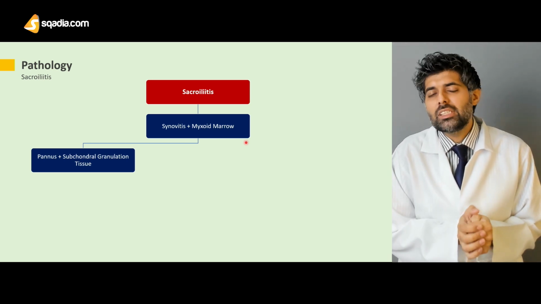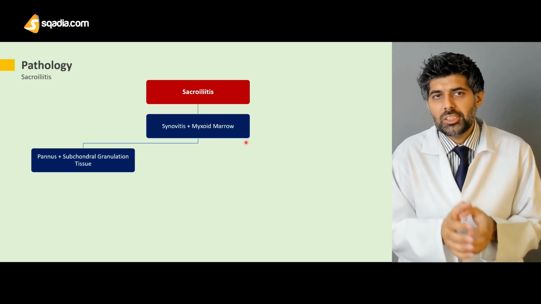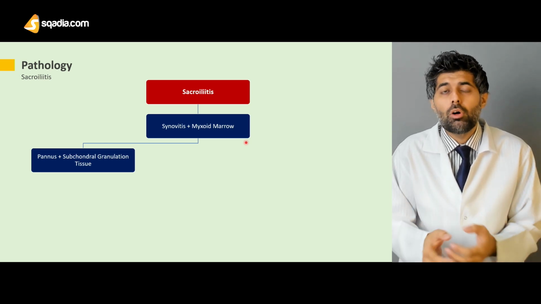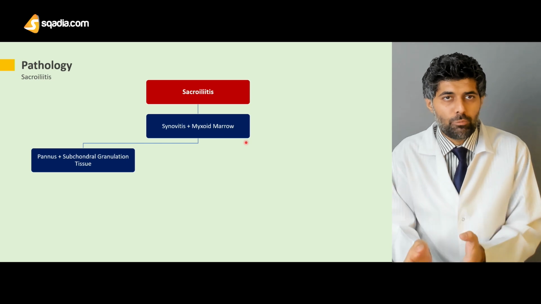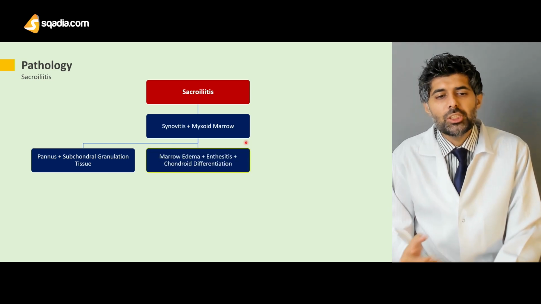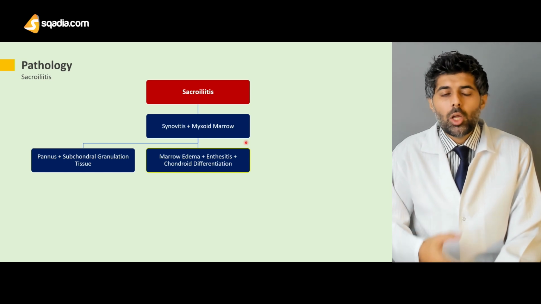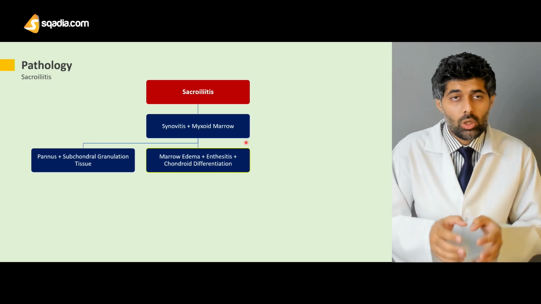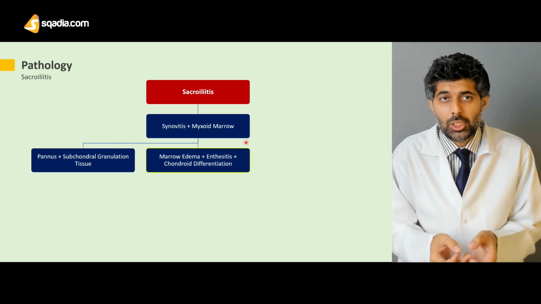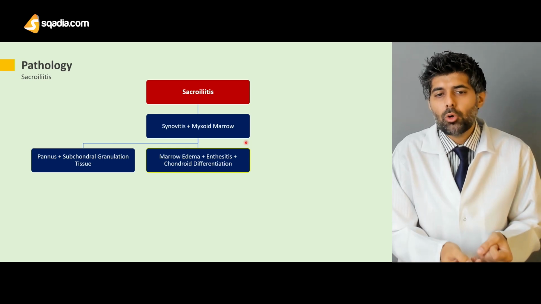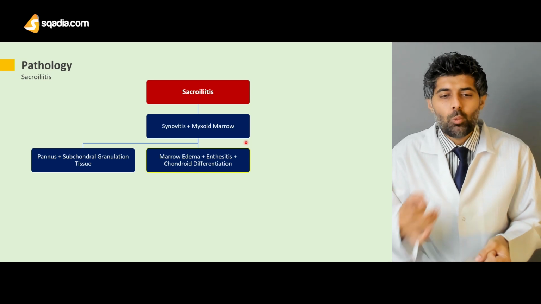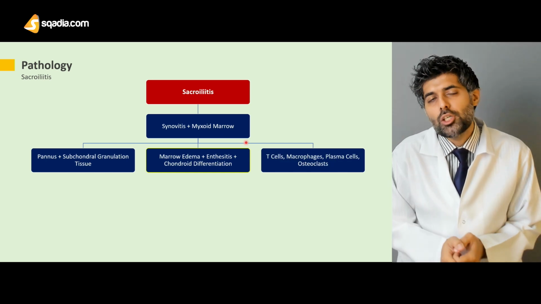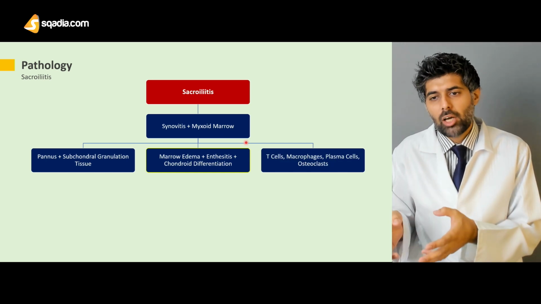So, both synovitis and myxoid marrow result in pannus and subchondral granulation tissue, which is a hallmark of an inflammation of bone. This results in marrow edema. Marrow edema here means the edema that surrounds the bone marrow, not the edema which is found inside the bone marrow. Now, marrow edema along with enthesitis with chondroid differentiation will result in the infiltration of T cells, macrophages,